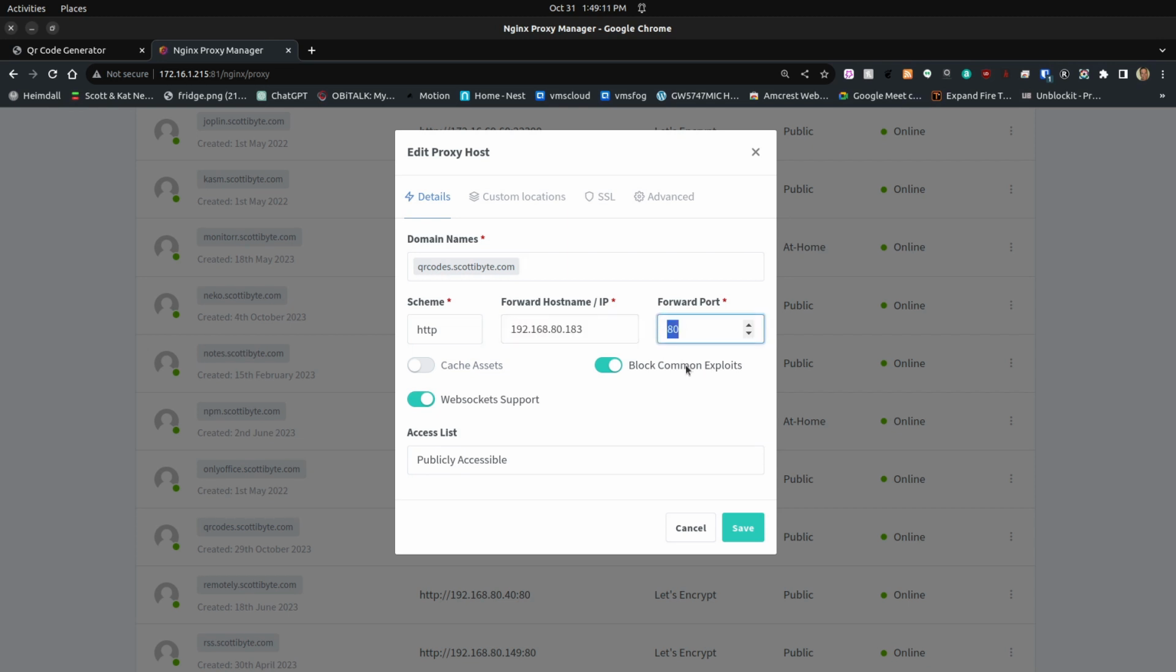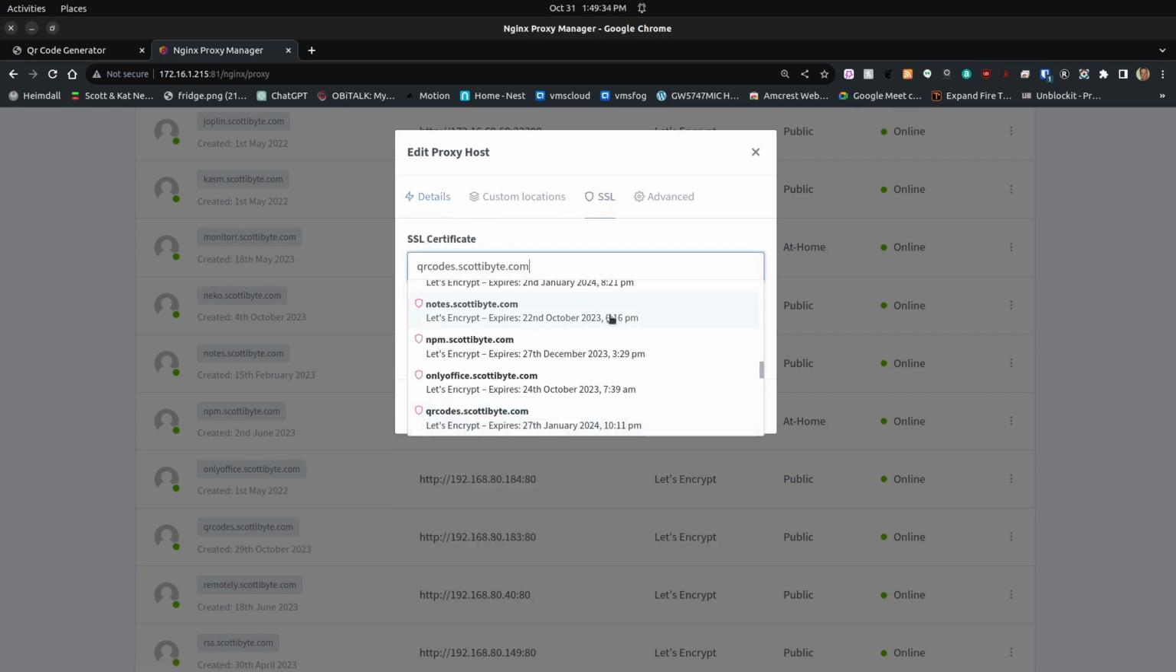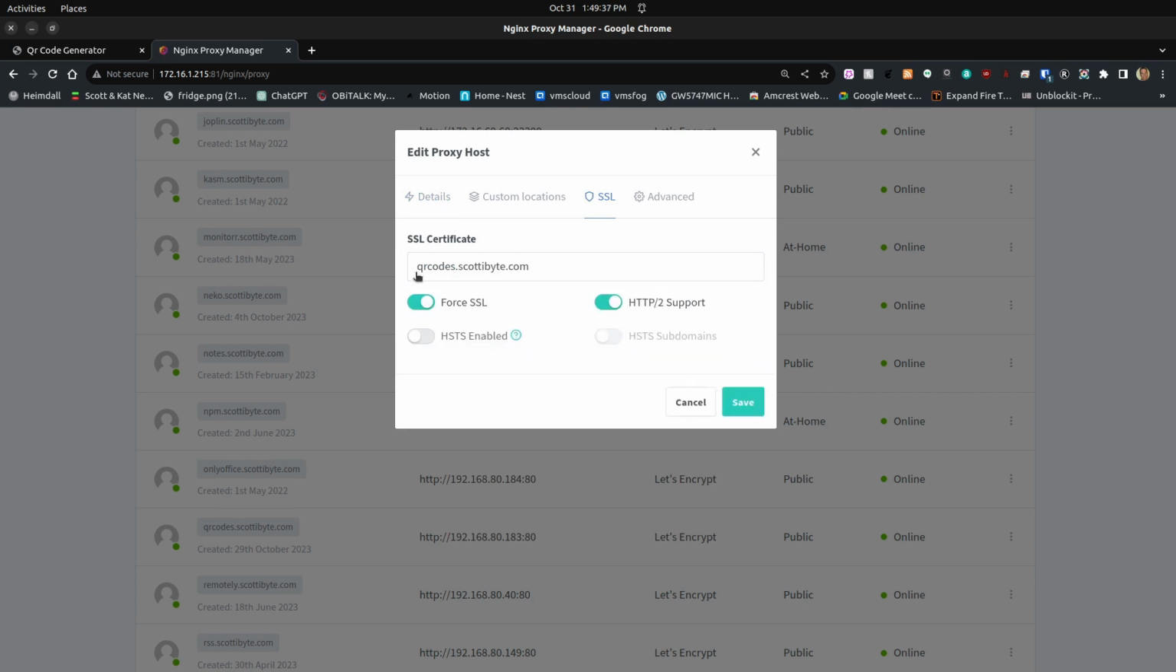And the reason for that is because we didn't change that port in Docker Compose. If you did change that port, you'll want to make that change here as well. And then in addition to that, I set up block common exploits, and I also requested WebSocket support. Then I went over to the SSL screen and I clicked on the option to request a new certificate. In my case, it's for qrcodes.scotti-BYTE.com. And then I turn on the Force SSL and the